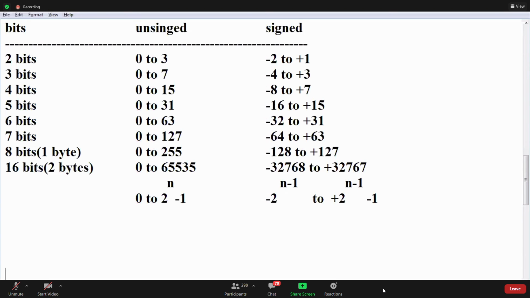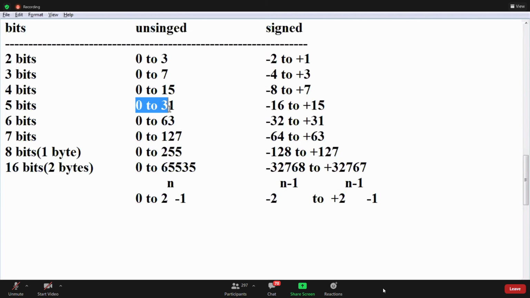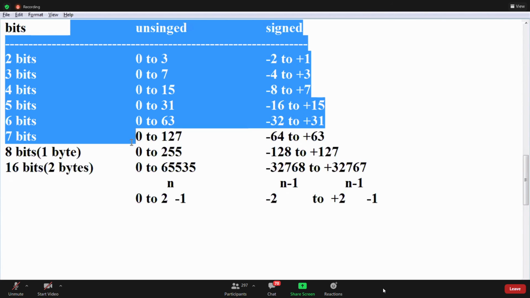Yeah, in these data types, what kind of questions may they ask? Already I told you, right? For 0 to 25, you have to store. Clear this one? Completed, right?